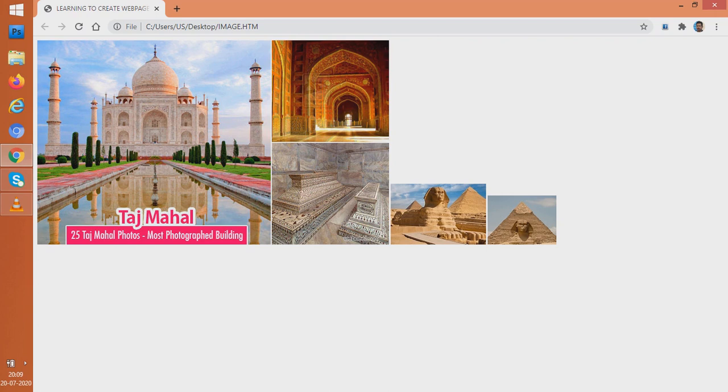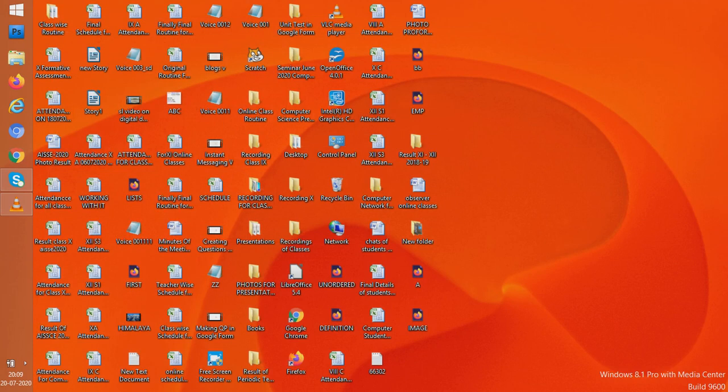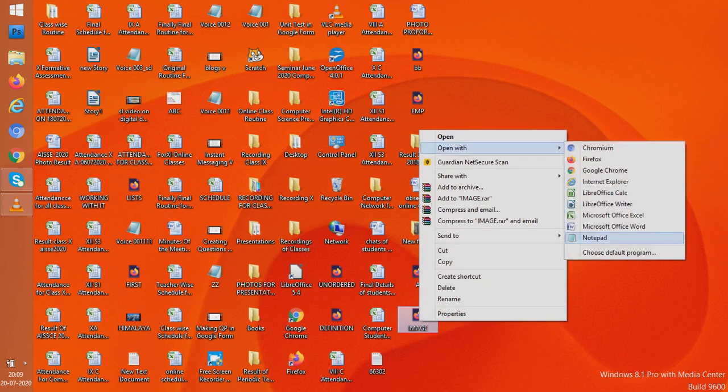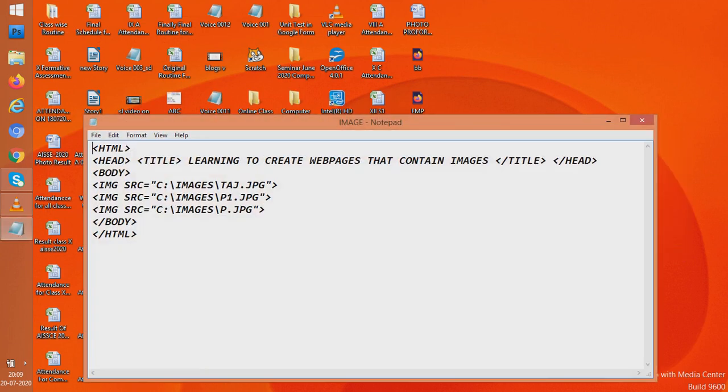I will change the size of these images. How will I change it? Let us see. I will go to this image, go to Notepad, and I will do nothing but add a few attributes here. We will write height is equal to 200 or say 150.